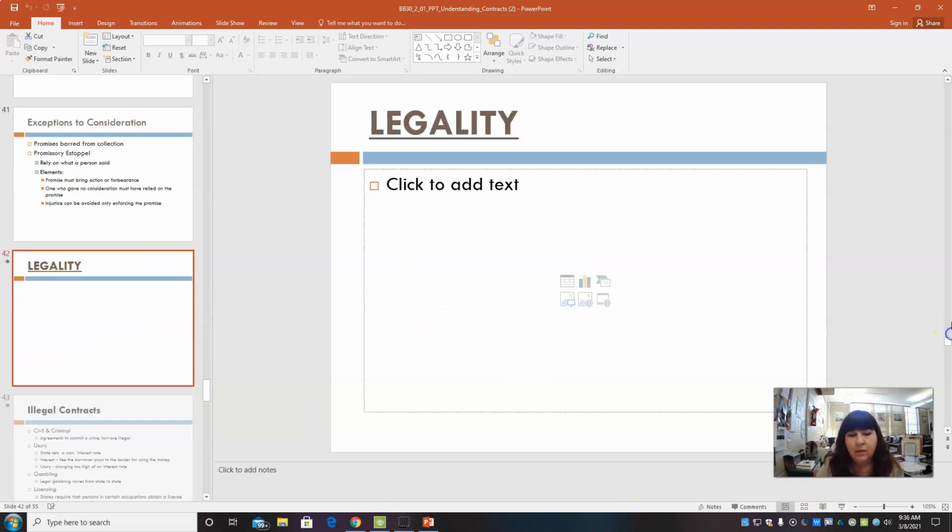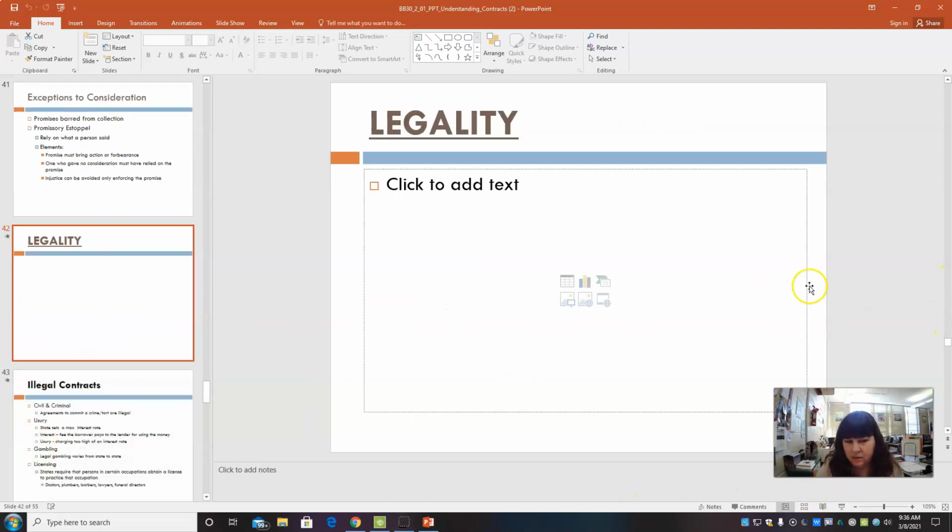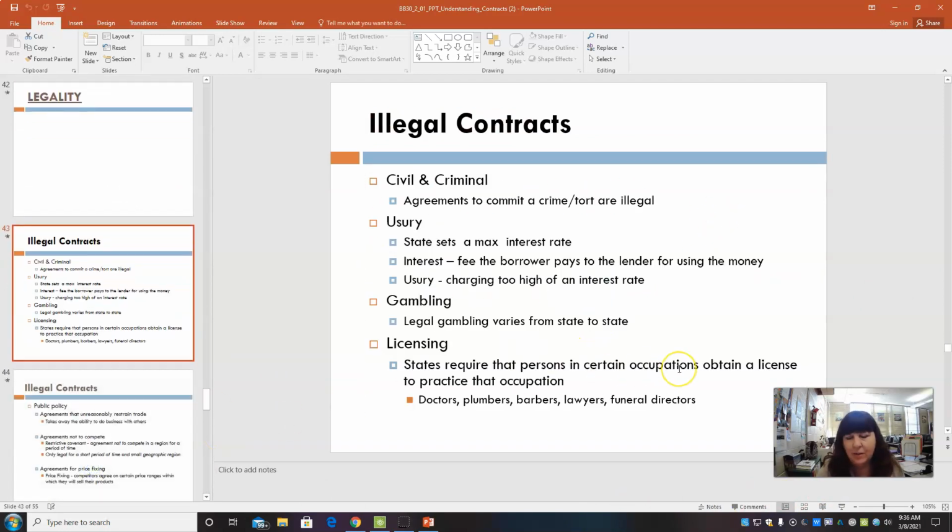Alright, the next element of the contract is legality. It's going to go down and tell you about illegal contracts. Here's what I'm going to tell you. You can't go into a contract for anything that's not legal. So, people selling dope, people gambling, anything like that, that's not legal activities, so you can't make a contract for